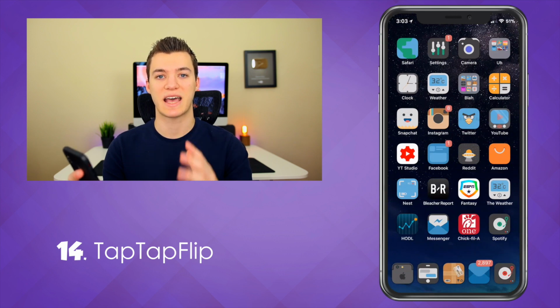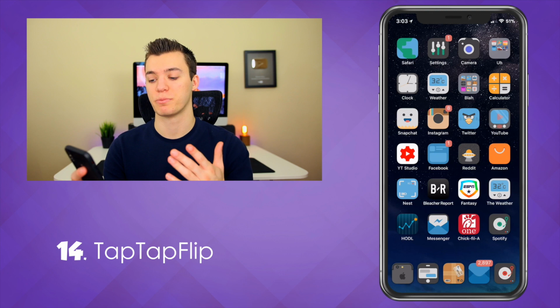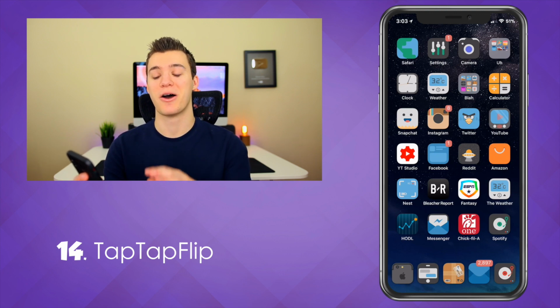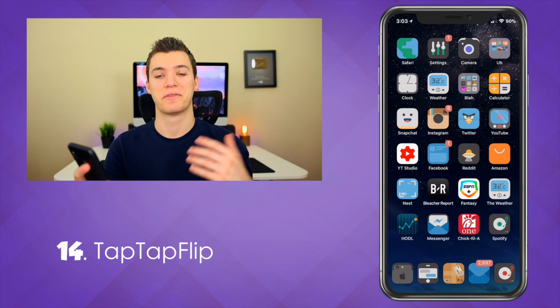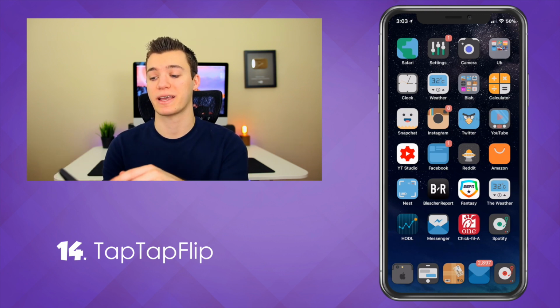So this tweak just gives you the Snapchat feature to flip cameras by just double tapping on the screen, which is much better in my opinion, because I find myself doing that all the time with the default camera application, thinking I'm in Snapchat or just thinking that's how it works. I don't know why I do it all the time, but with this tweak, I can do it and it'll